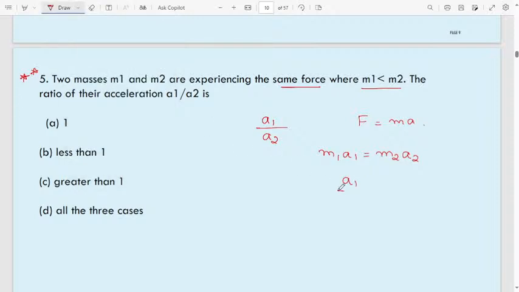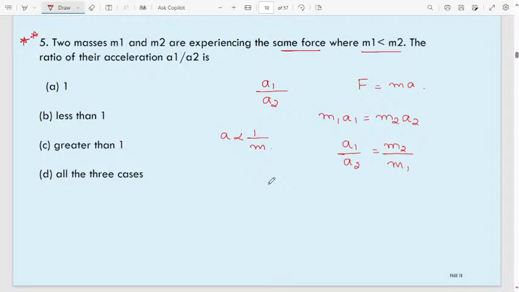Then a1 by a2 will be equal to m2 by m1. You can conclude here that acceleration due to gravity is inversely proportional to m. A is inversely proportional to 1 by m. Then in the first condition they are given here, mass m1 is less than m2, meaning m1 is less,